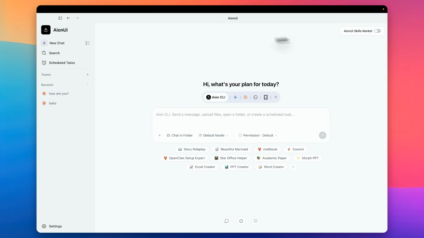And then in here, there is a skills marketplace. I should have touched on that. I'm still getting familiar here with